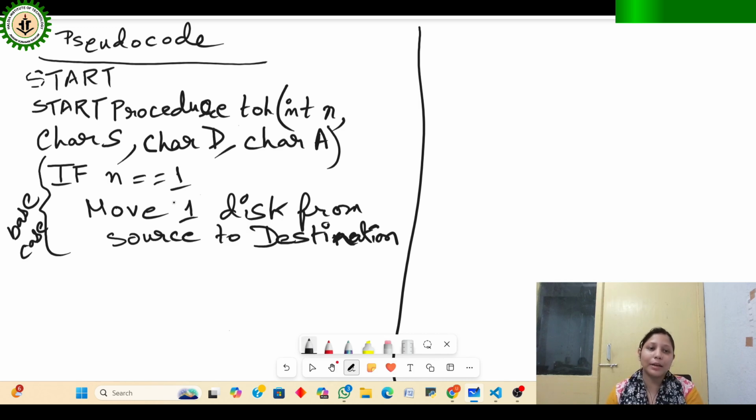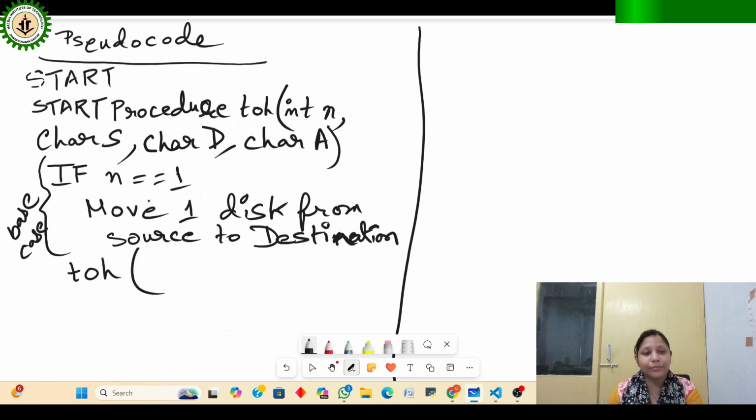Then what will be the recursive case? In a recursive function, how will you know? One is that the function will call itself, and another thing, there should be at least one base case, and there should be one recursive case. Multiple recursive cases can be there. In Tower of Hanoi, we will see that. Now the recursive case. If this is not the case, if the disk is more than 1, then what will happen? We will write here